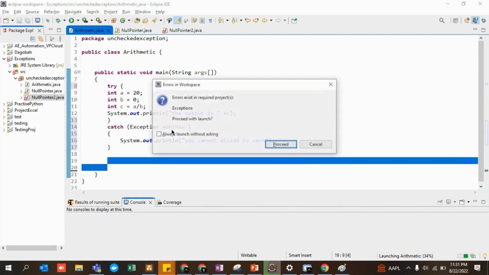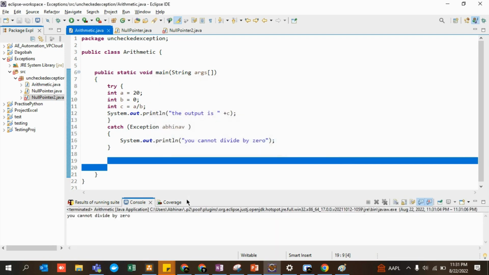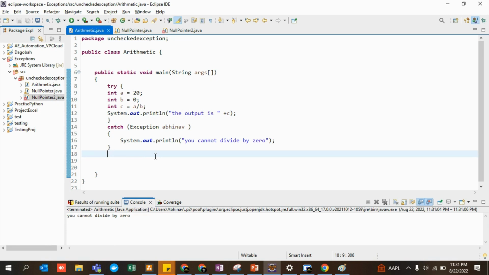Now if I run this program, I have handled this exception. If we divide a number by 0, it would return infinity. So you cannot do such arithmetic. X by 0 returns infinity, so it's going to give you an arithmetic exception. This was an example of arithmetic exception.